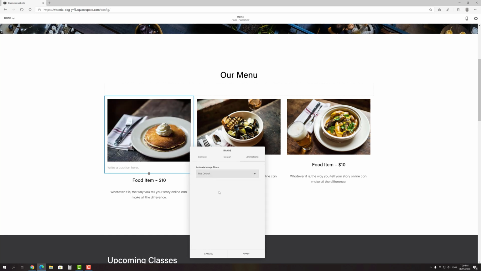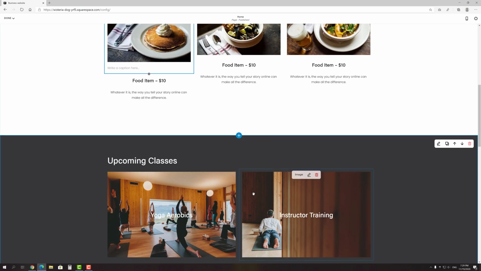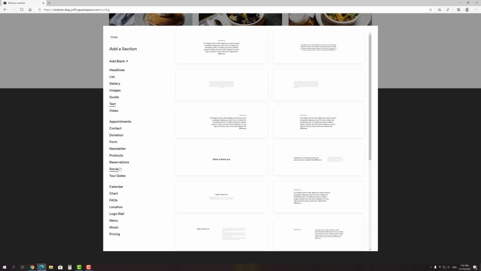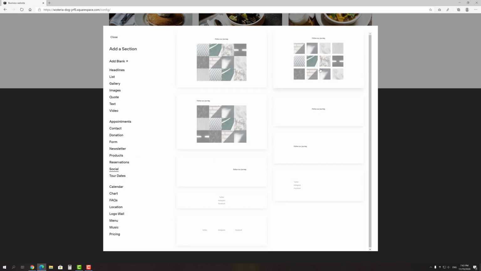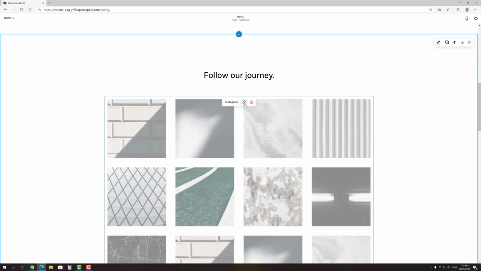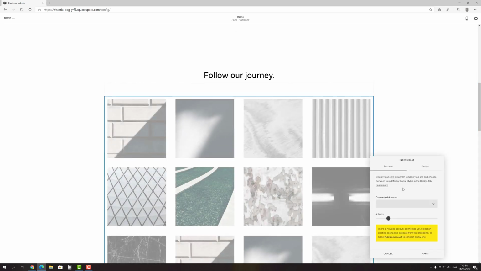Also, I think it would be great to add an Instagram feed full of pictures of our happy visitors. You can find that section on the social tab. In its settings, you can connect your account, choose how many items you want to show and select a layout.